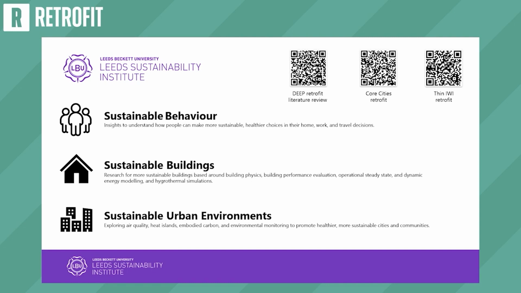The second theme in the research group is sustainable buildings. So the people sit inside the buildings and we look at designing, building, measuring those in a sustainable way. And then the third theme is that the buildings sit inside the context of an urban landscape or environment, and that's our third area. Air quality and that sort of stuff.